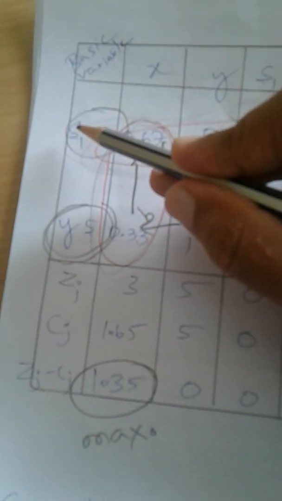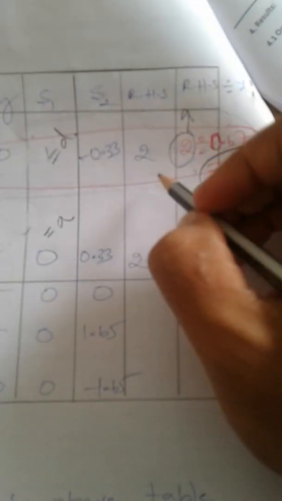We have selected this as the reference row. Now this we have selected as the reference column. So instead of writing s1, we are going to write x, because this will go out. This will be considered as the outgoing variable, and this will be considered as the incoming variable. This means x will be considered as the incoming variable. So I am going to write x in place of s1, and 3 will be written in place of 0. Okay, so that is what is happening here. X is 3 here. So this is how we formulate the next table.